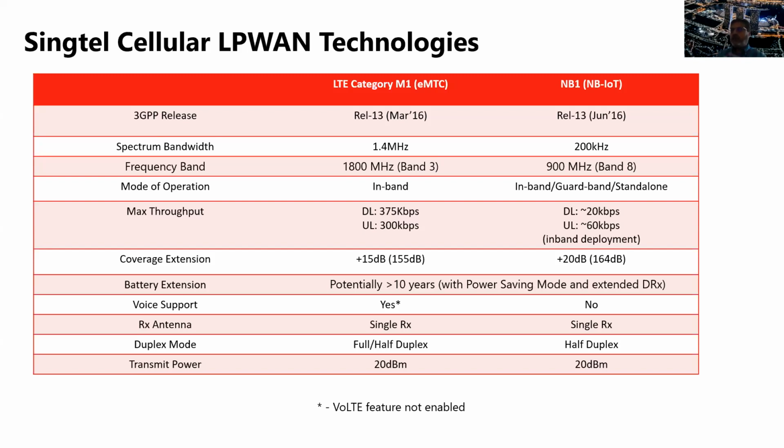This is the throughput speed which we offer today. If we get to release 14 on NB-IoT, at least it should bump it up to 100 plus kilobits per second. It's something which will come later. This is based on our testing with proper working devices. I've heard some interesting stories that the uplink and downlink speeds are not as good as this, but it's something which we have tested. For us to be able to put something like this out, we have to test it. If any of you have not experienced such things, happy to take those comments, and then we'll take it back and see how we can improve that.